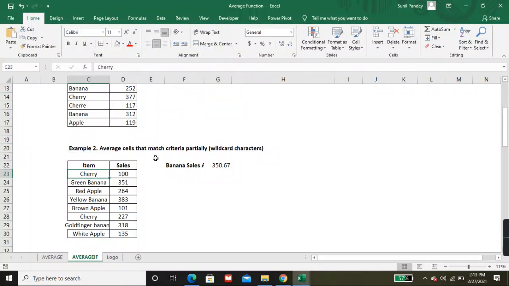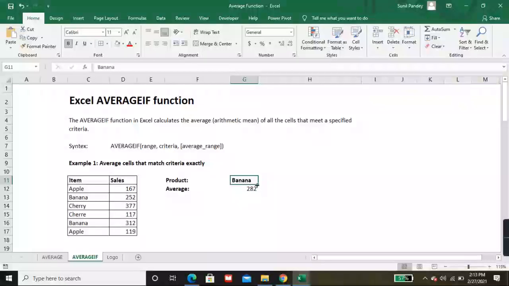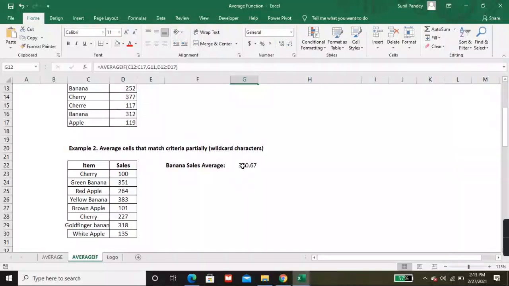Average if also lets you match criteria partially. Okay, so let's see this scenario. In the above scenario, it's an exact match. Criteria should be matched 100%. Okay, but now in this scenario, we need the criteria to match partially.